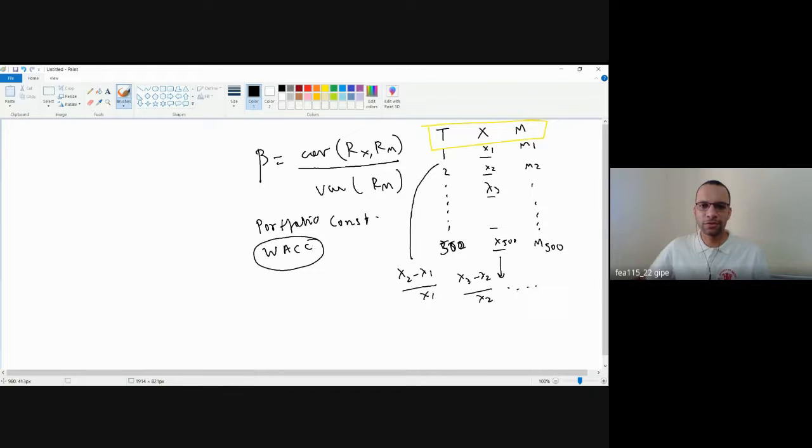So what's important now? Before we discuss WACC and why returns are important, this is one of the applications where returns get used. Without the concept of returns, we'll not be able to calculate the concept of beta as well. Also, when we talk of returns, there can be intermediate cash flows, such as interest or dividend payments, which we use when we calculate an inter-period return, something we call a holding period return as well. So returns get used there as well.